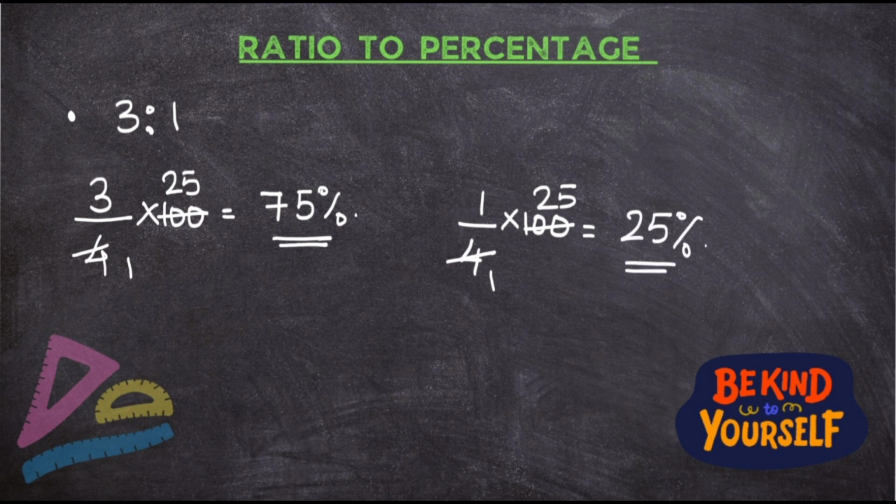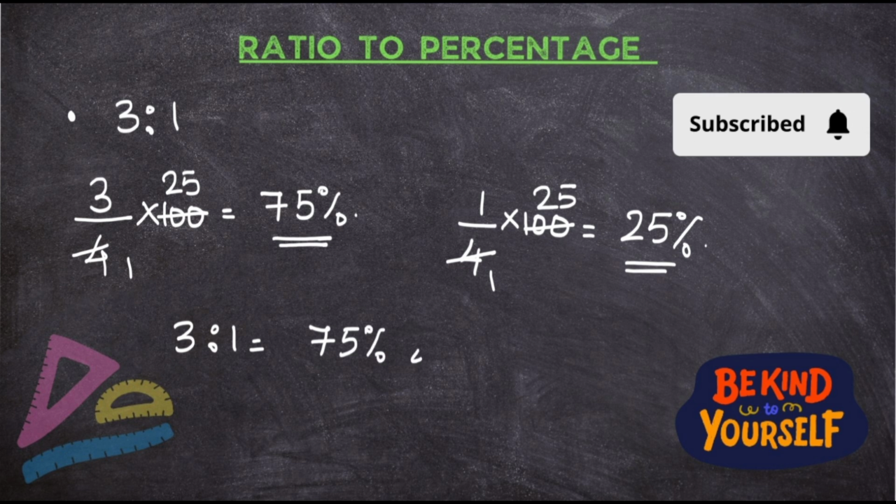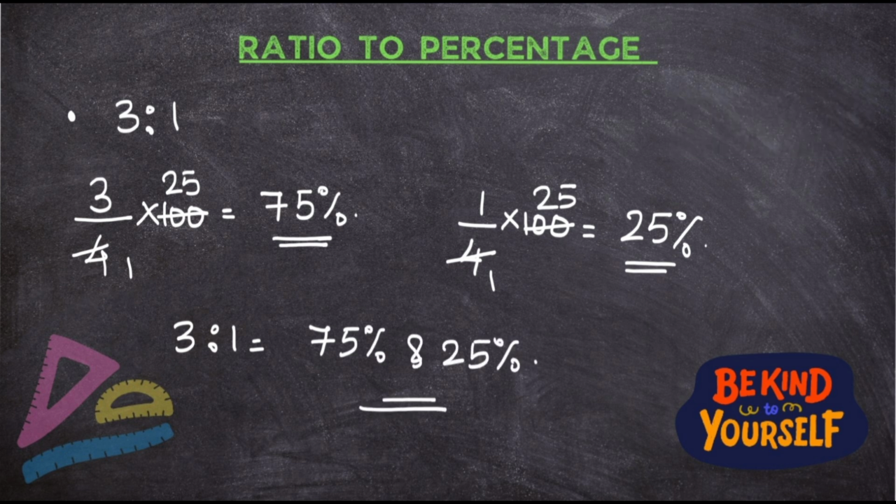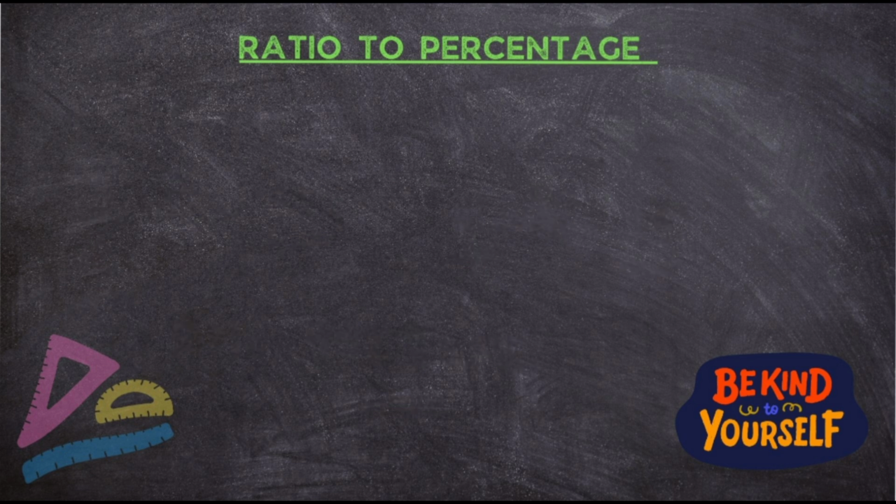So what will be the percentage of 3:1? It will be 75% and 25%. One thing you can remember is the denominators will be the same for both. And how do you get the denominator? By adding the two numbers. Okay. Now let's take another question where it is